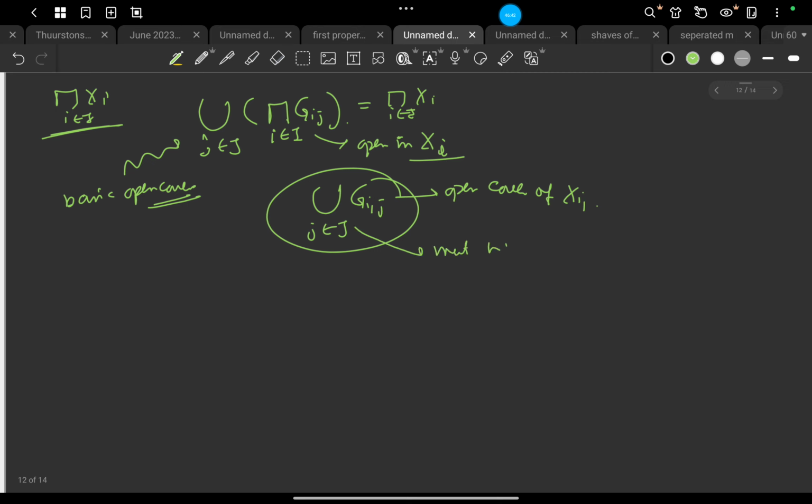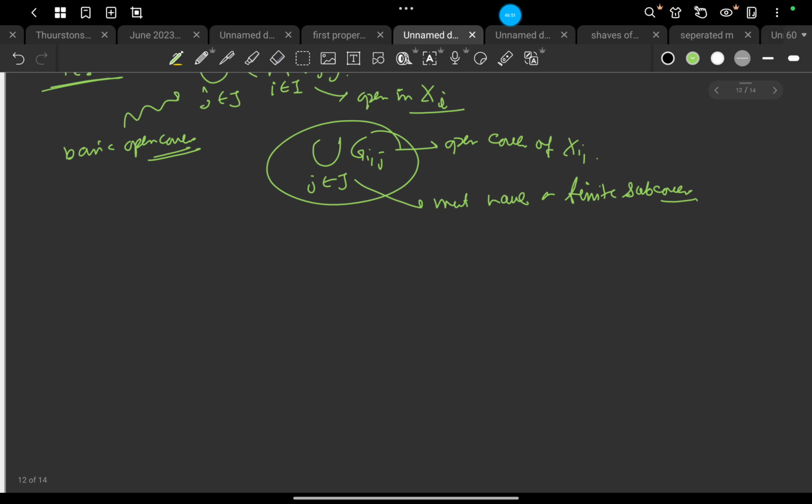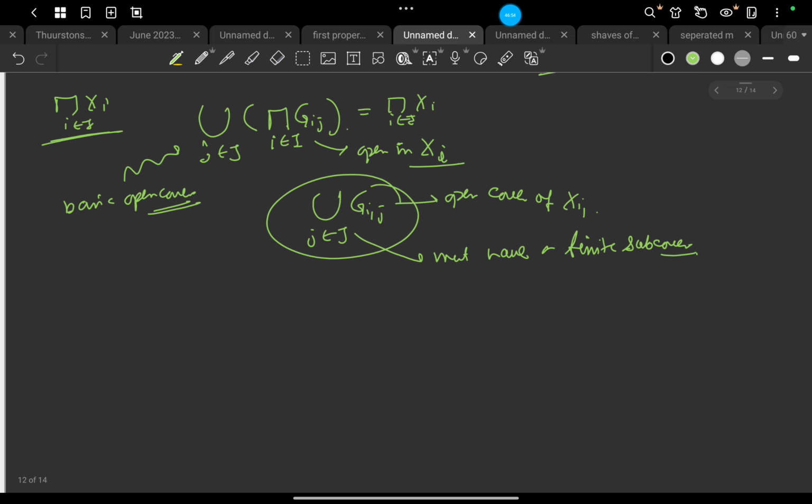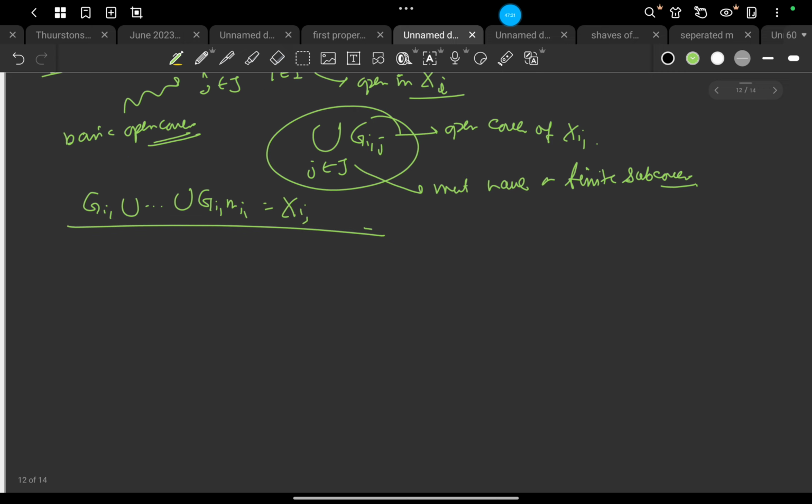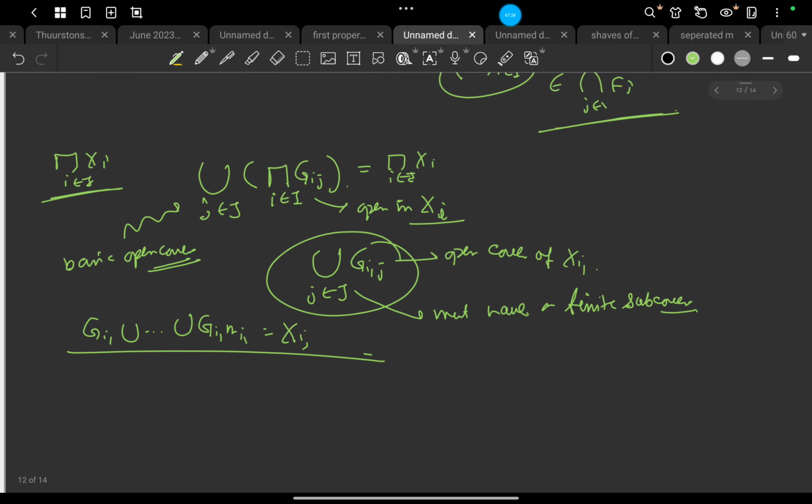That means this must have a finite subcover: there exist j1 up to jn such that G_i1j1 union up to G_i1jn is X_i1. Similarly, for every i we can get that kind of thing.